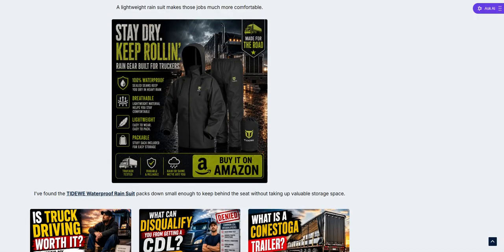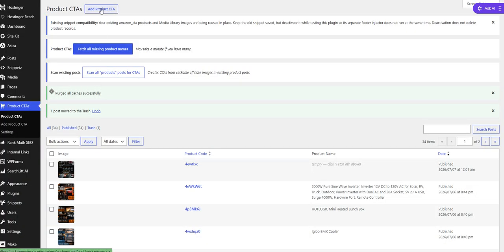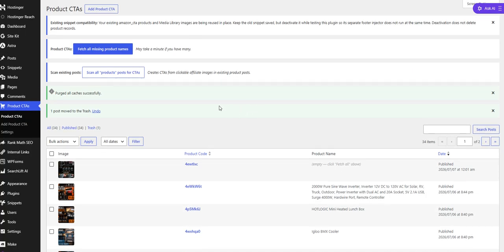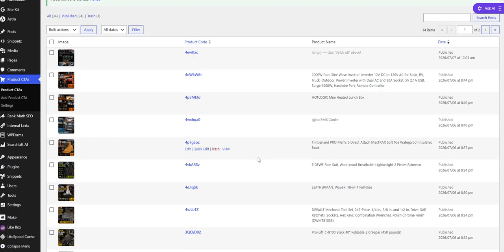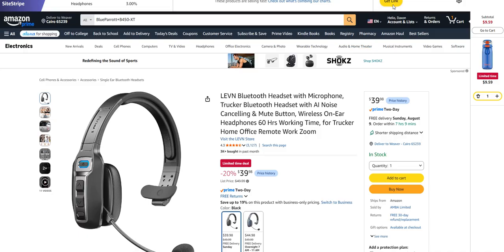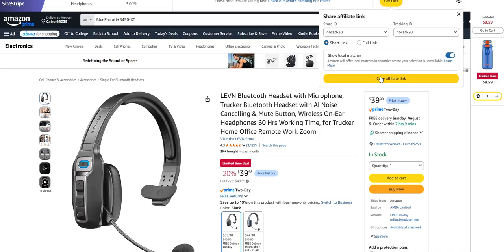And it works all simply, as I showed you, when you go and add it. If anytime you're not adding one here and you want it to fetch links that you already have that's not showing here, because you can set up other things basically to make it do it automatically, then you can fetch, or if it's simply not showing one here, as well as scan all posts for product CTAs. But I always recommend when you use it, make sure you don't go to Amazon and say get link and copy this and get another link, because it's actually going to be a totally new unique link, which then you're going to have to